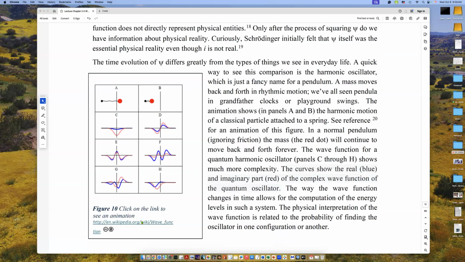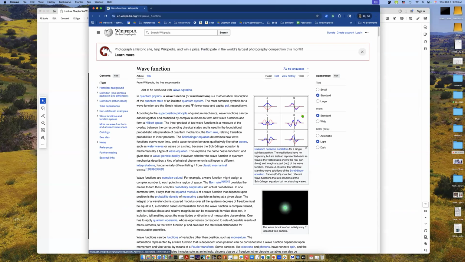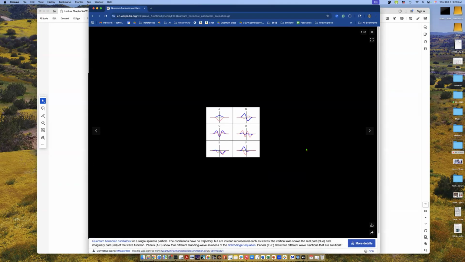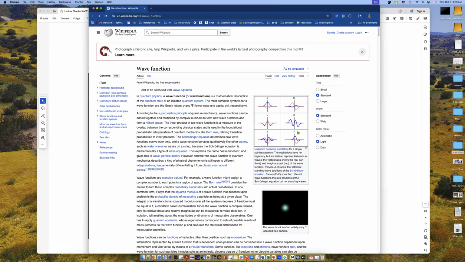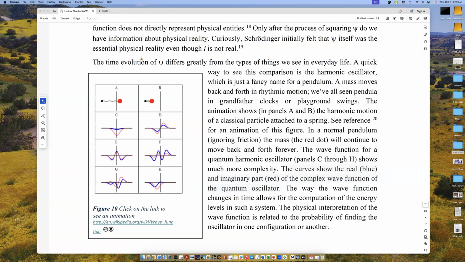These results are very intriguing, and we have to introduce new mathematical functions to describe this kind of behavior. Actually, let me show you. Let's make this bigger. So you can see what's going on here. As a quantum system oscillates, the real and imaginary parts jiggle around in a kind of graceful way. And that's describing how the quantum system is evolving in time and space under the rules of the Schrodinger equation.